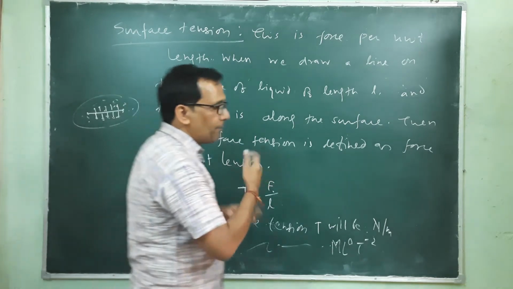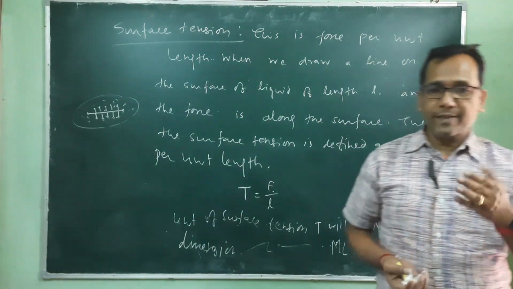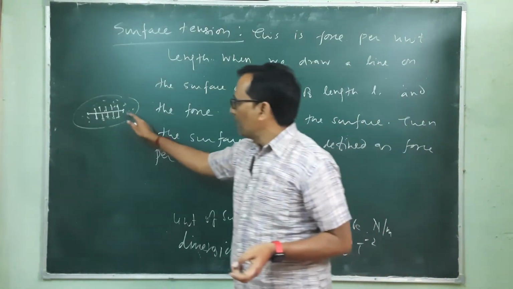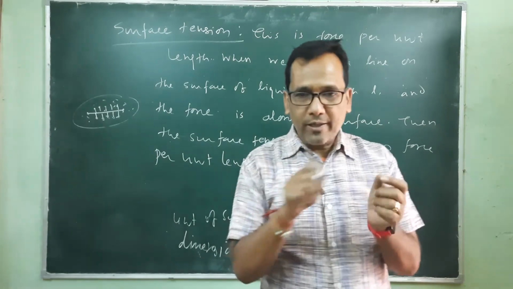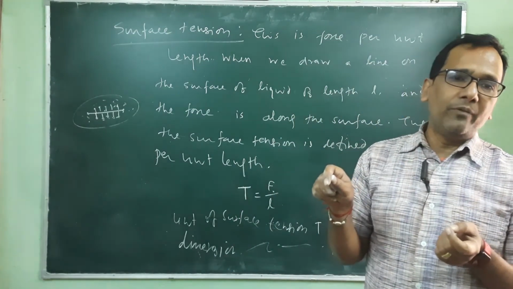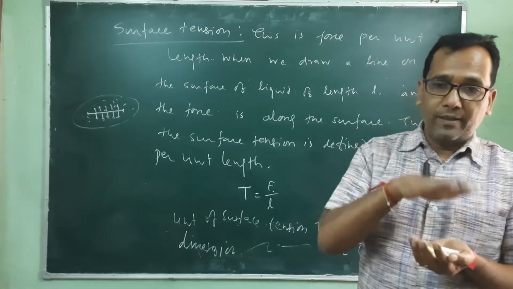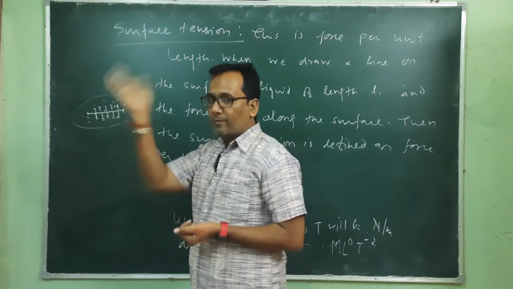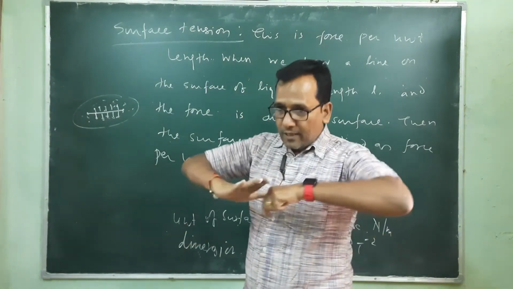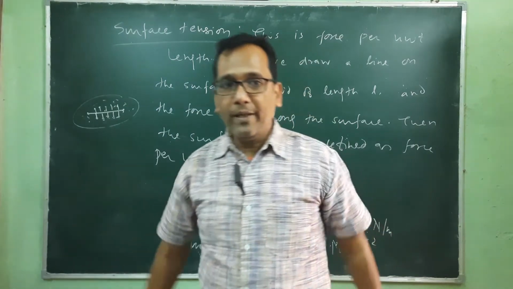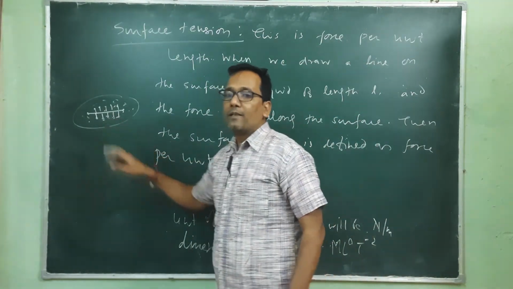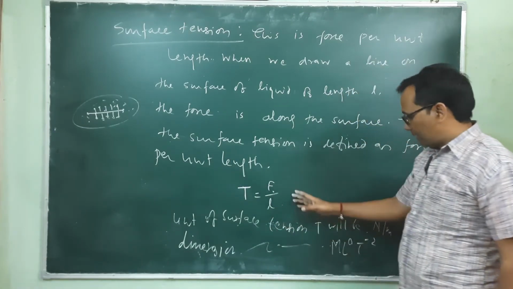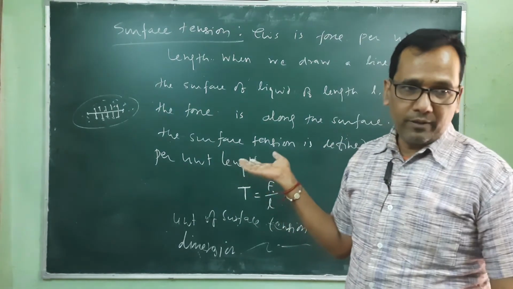So this is the simple definition of surface tension. Surface tension is actually the force per unit length. Mathematically it is defined by taking one simple statement: when we draw one straight line on the surface of the liquid, and the force is on the surface, not inside or upward, not in the upward direction of the plane or inside the plane, but toward the direction of the plane, then this force per unit length is known as surface tension. T is equivalent to F upon L, and the unit and dimension can be written in short terms.